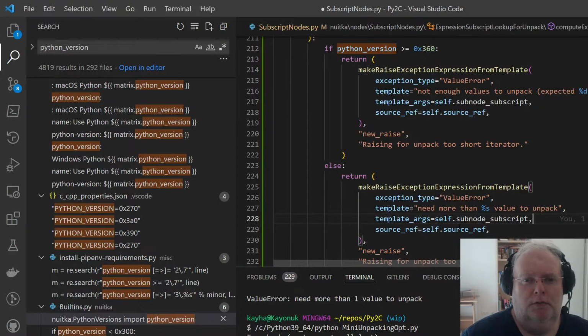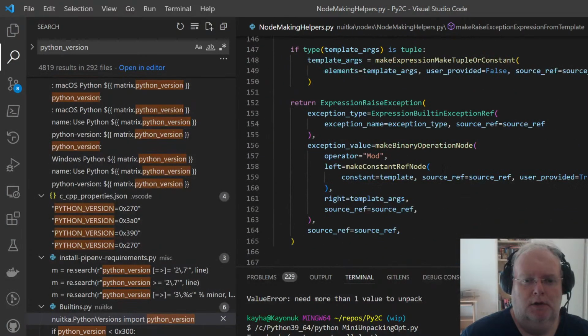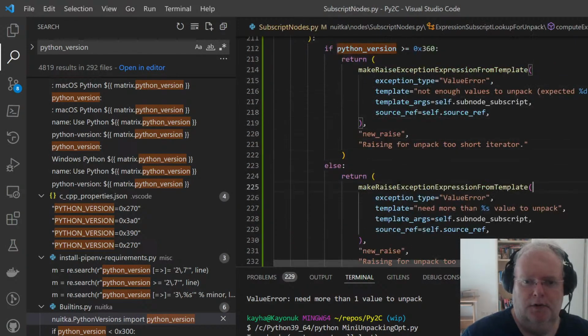Not sure, but I think it becomes a string operation, right? Mod. Yeah. So could be percent %d. Should be value expected percent %d. God, they avoided the issue. Percent %d.